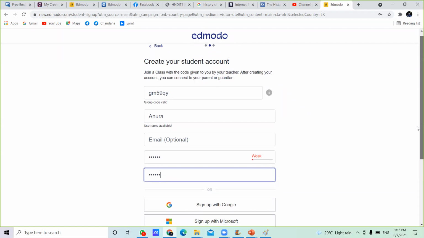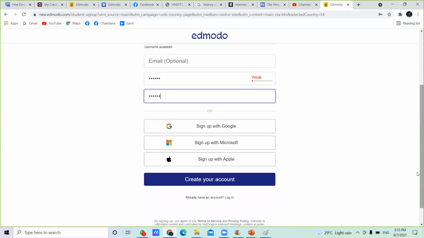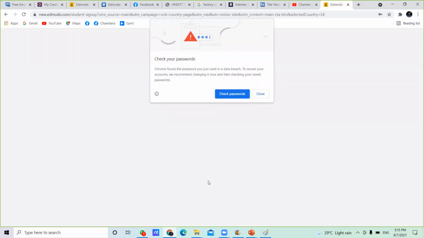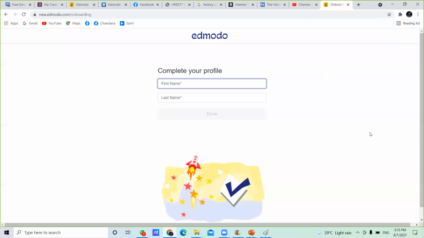Once you give these details correctly, below there is a blue button activated called "create your account." Now click here. Once you click here, they are asking for your first name and last name.